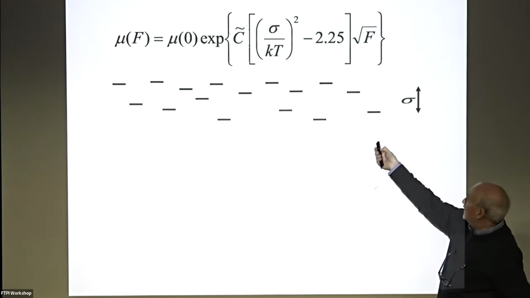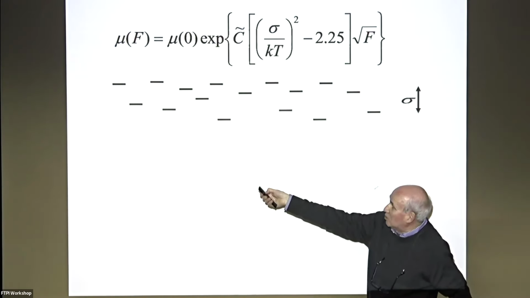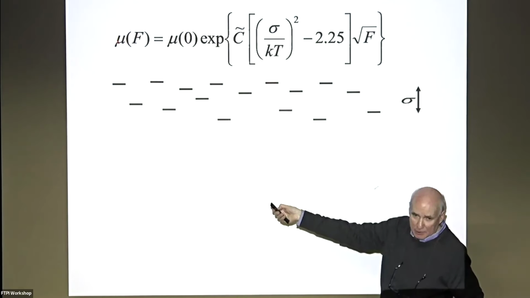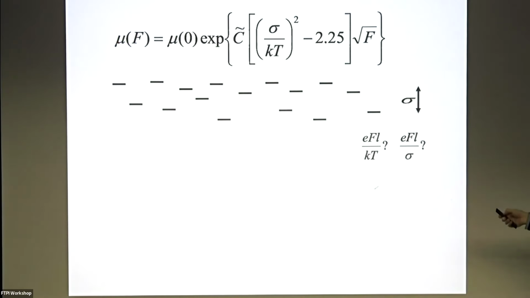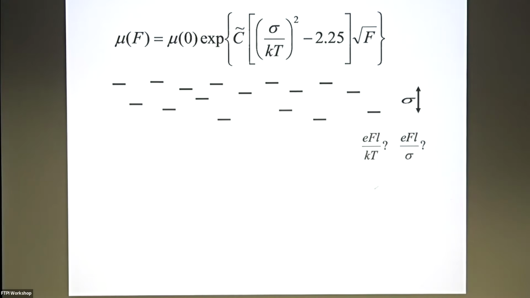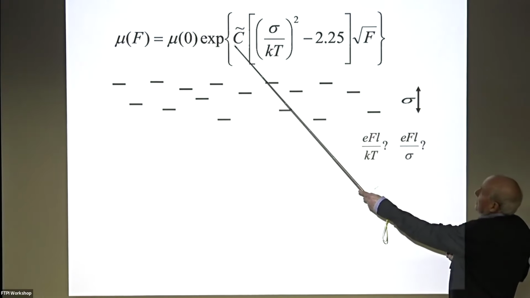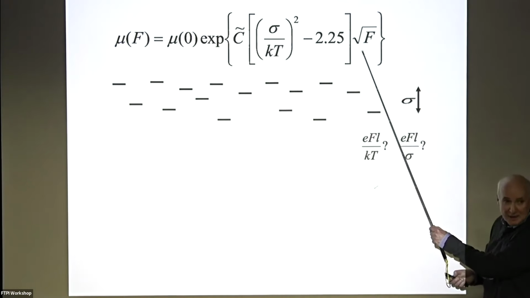Because here we have electric field under the square root in the exponent. So people usually measure this dependence, plot logarithm of mobility as a function of the square root of the electric field, and say we determined this constant for our material. It's not a constant, it's some physical quantity with ridiculous dimensionality: the square root of meter per volt. Nobody of us is aware of such physical quantities. And what Boris told me 50 years ago: if you want to put field into the exponent, make it dimensionless.